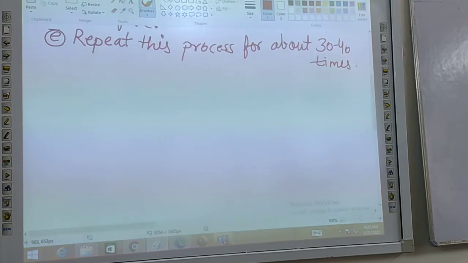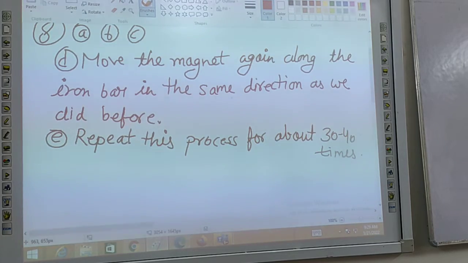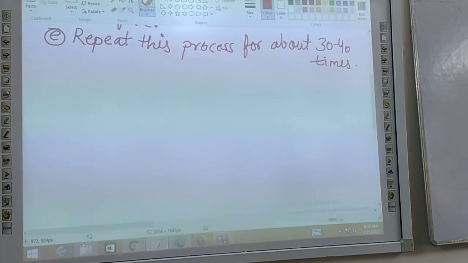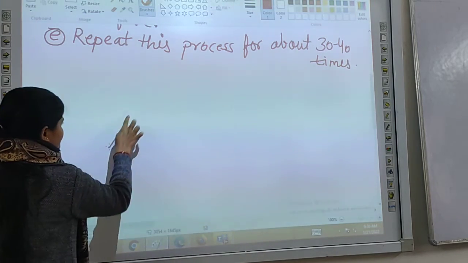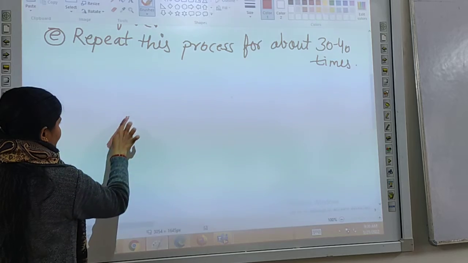There is written. So we have not read this activity in our book, but there is a question that you are given an iron strip. How will you make it into a magnet? So how can you convert an iron strip into a magnet? So what we have to do? We have to take an iron strip. See, this is an iron strip.